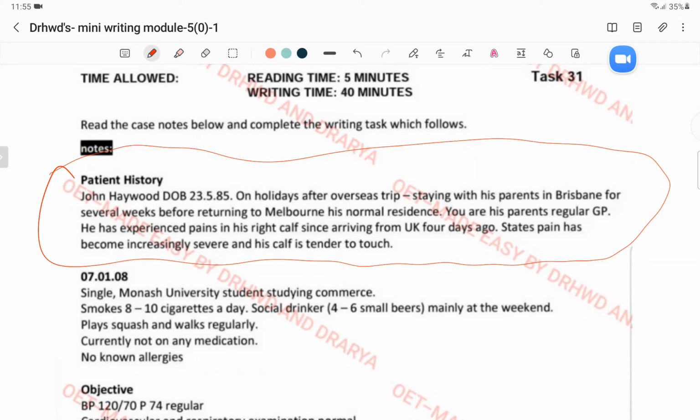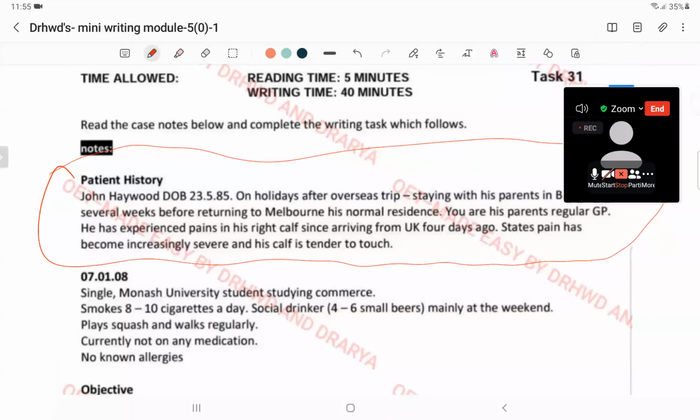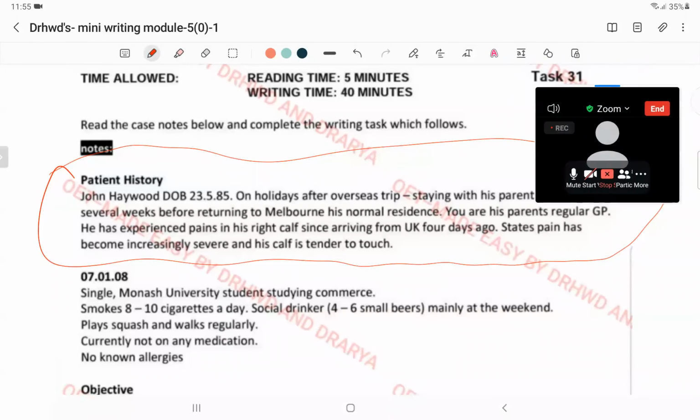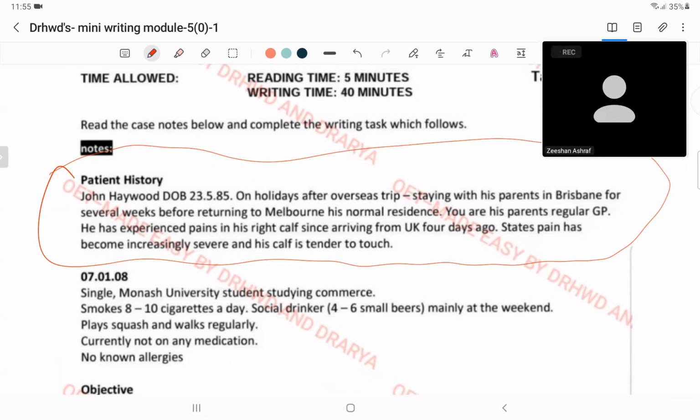Guys, anything irrelevant here? Can anybody at all find anything irrelevant here? Because I'm just asking questions now, we're done with teaching you. Right now, we're just asking questions. Everything is relevant, I think. Yeah, that's right. Everything is almost relevant, except that you would not say that he was on holidays after